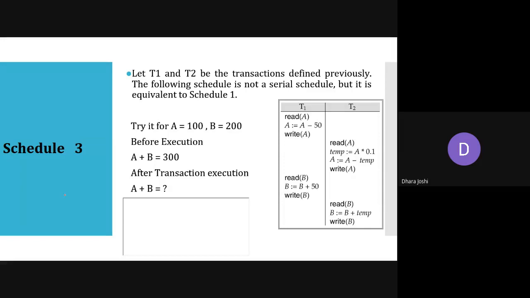Rahul, we need to give the entire A plus B after the execution of the entire schedule. Okay, Deep says 300, Vaibhav 300, Kunal 300, good. Jai Kishan 45 and 255, 300, good. Okay, no problem, Rahul. Parth 300, very good. Yes, Nancy, perfect.